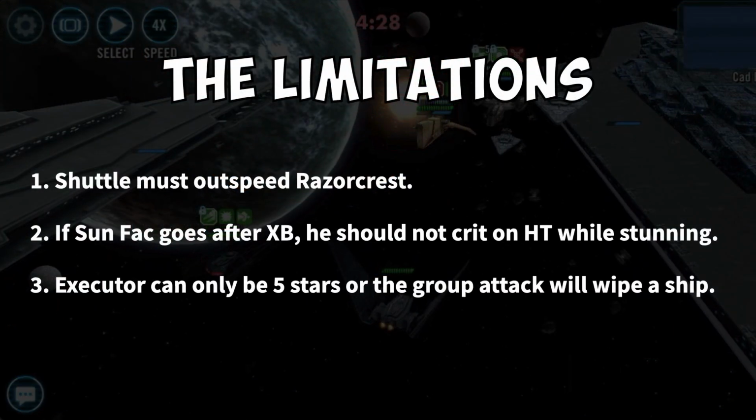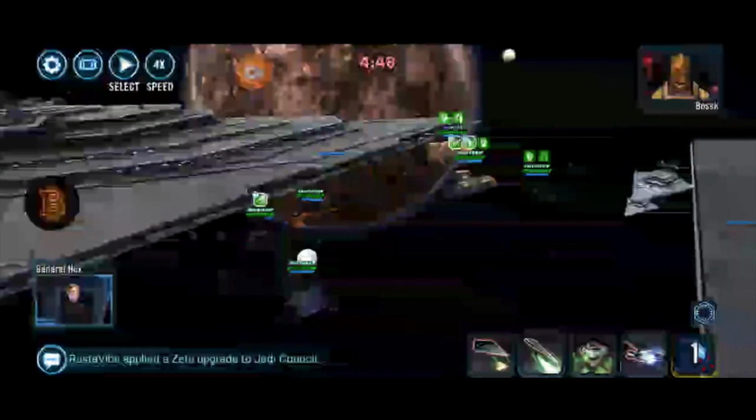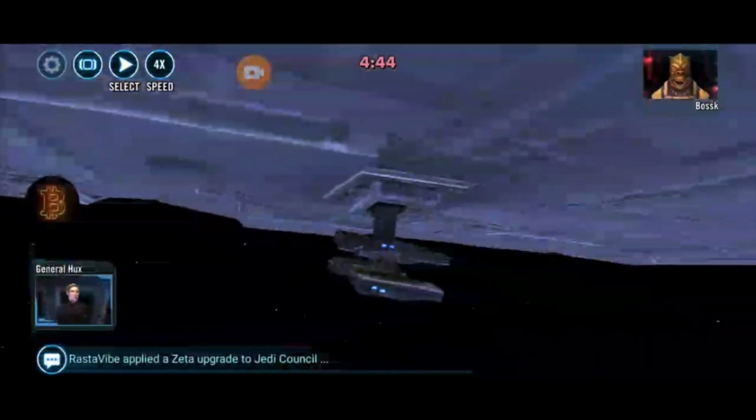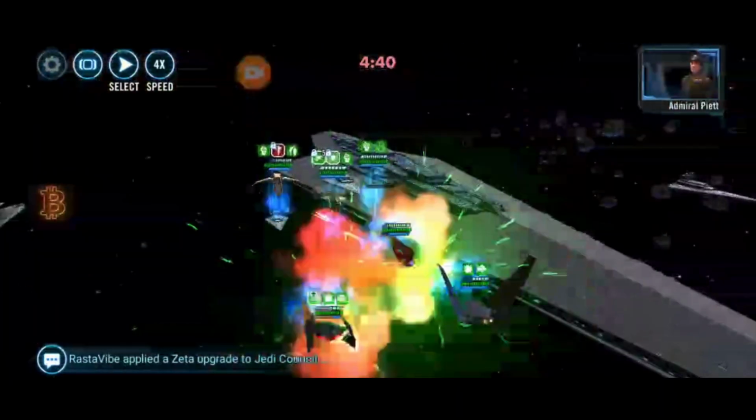The third limitation is of course that their Executor can only be 5 stars at most. If not, then their capital ship just does a group attack on any ship on your side, and then you're back to losing in the opener in many cases. Now I've tried to look into every ship, but I just don't see a way to ensure that you